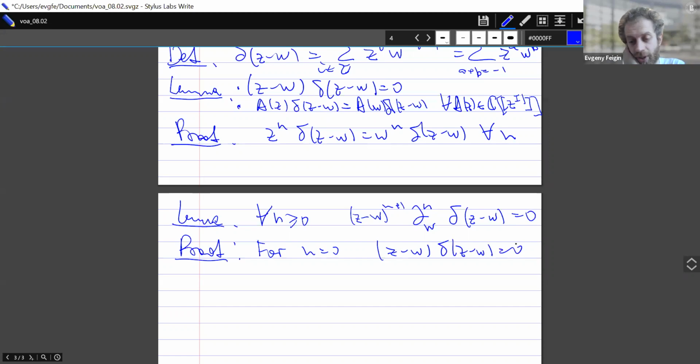This is already known. And then for larger n, we can use the derivative. So by induction,